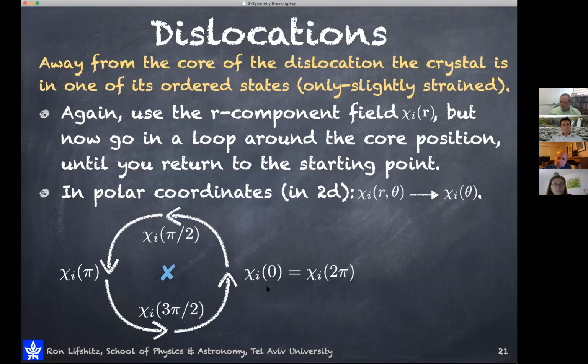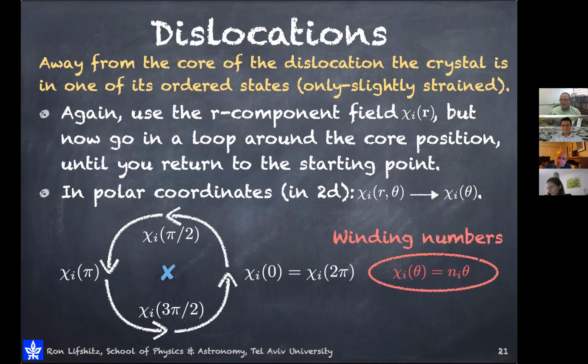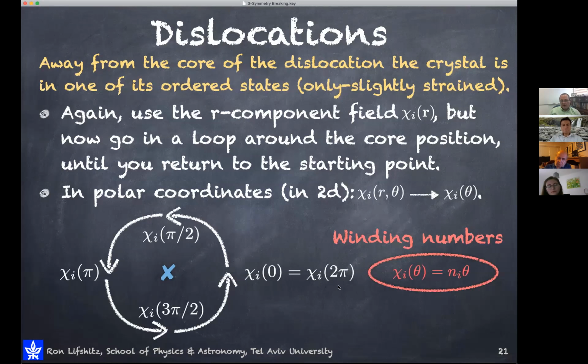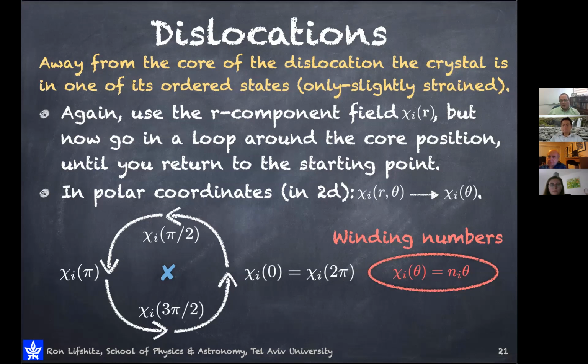And so if I think for 20 seconds about what this gauge function can look like, then I realize that after 2 pi, I need to change by no more than an integer, and the value of this integer is what we call a winding number. So this is a very typical topological charge that we can associate with a defect,